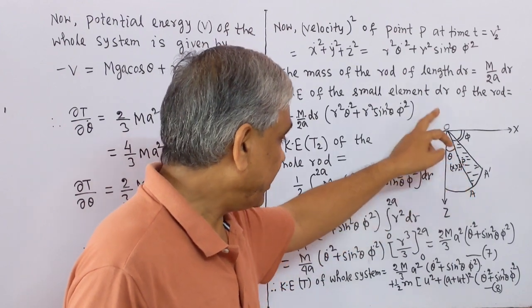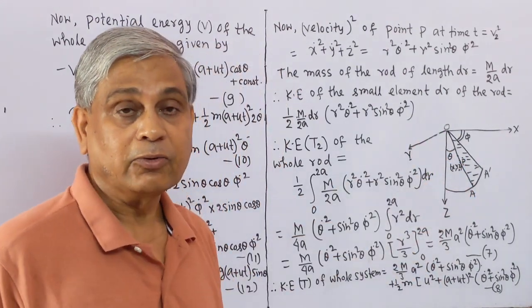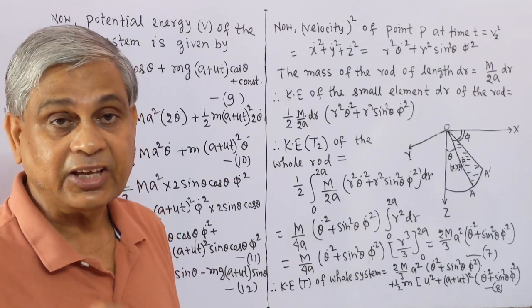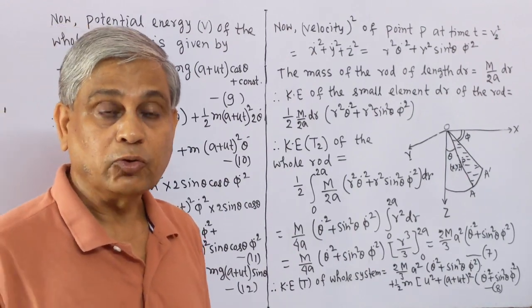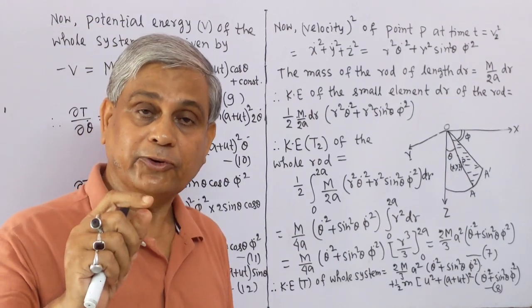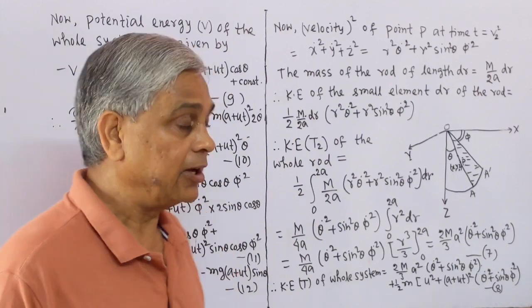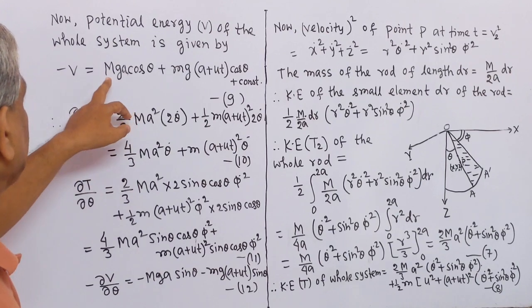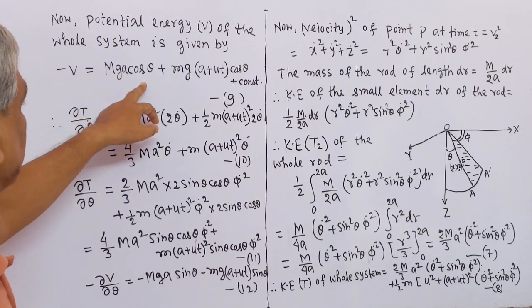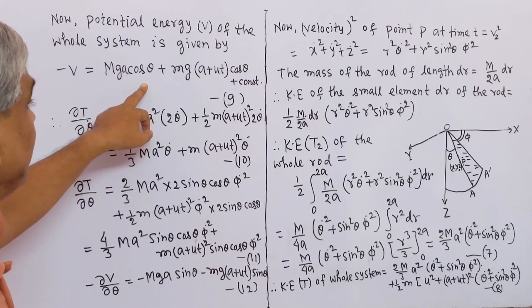and vertically downward we take its projection, that is a cos theta. So M g, the force, multiplied by displacement a cos theta. So this is capital M g a cos theta. Similarly,